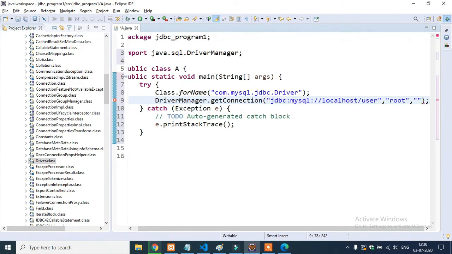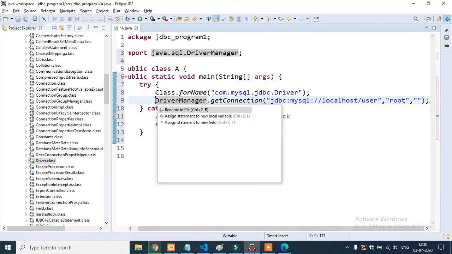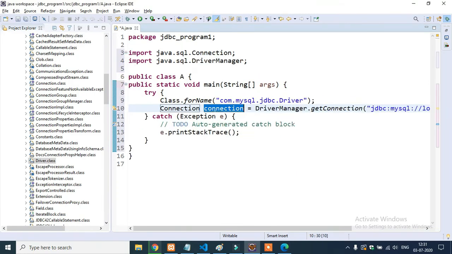Terminate with the semicolon. And what is the return type of this DriverManager? Place the cursor before DriverManager, press Ctrl+1, and you see this option guys, assign statement to a new local variable. Click and you get this class Connection. Remove it here and let's give it con.